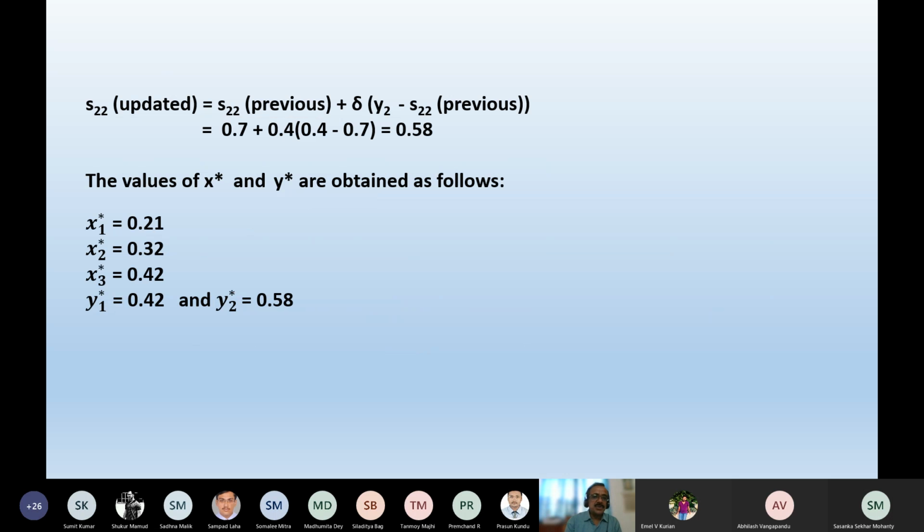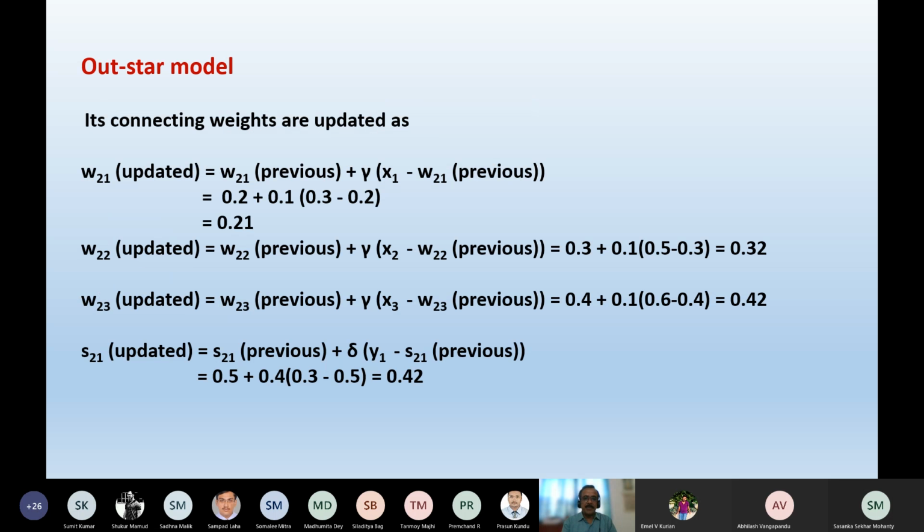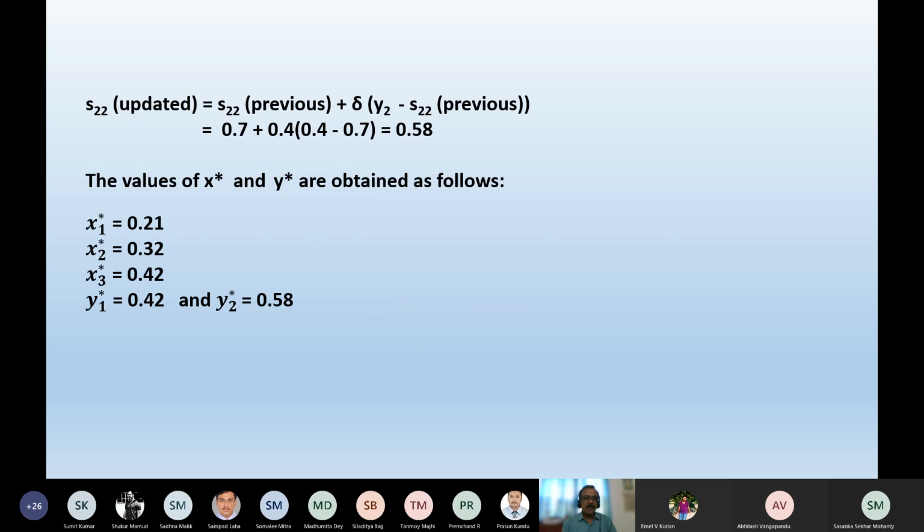You can see that X1 star is 0.21, X2 star is 0.32, X3 star is 0.42, and its corresponding responses, that is the outputs, are nothing but Y1 star. Now this Y1 star is nothing but your S21 updated, that is 0.42, and Y2 star is 0.58. So this is the way you can find out the input output relationship of this particular process using the principle of